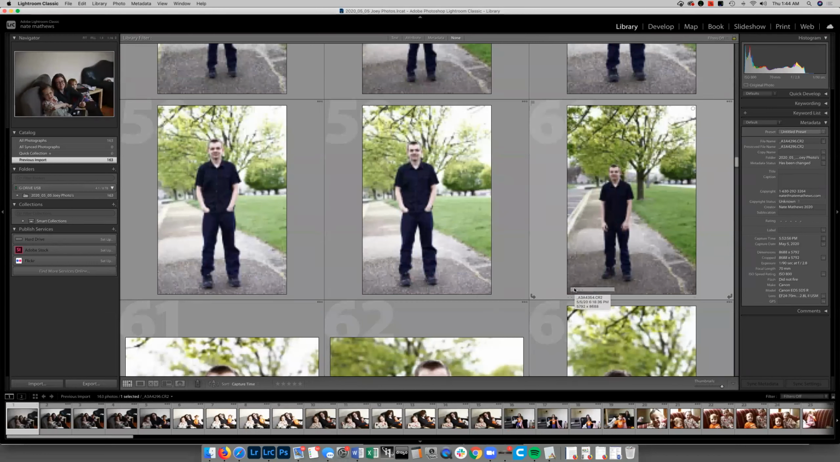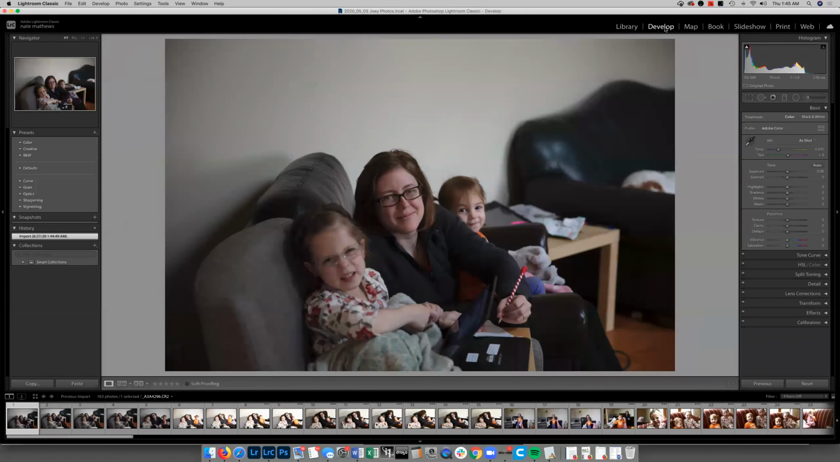And I just want to do a quick run through of the layout of our software program. Almost every tab has different information in it. There is a library tab, which is for organizing your files. Develop, where you can actually do adjustments to them. We won't really use map, but if you have a GPS chip in your files,